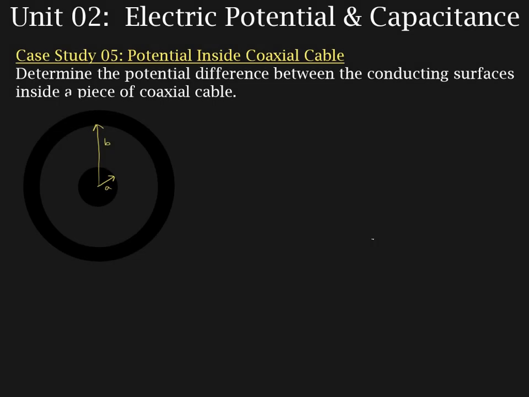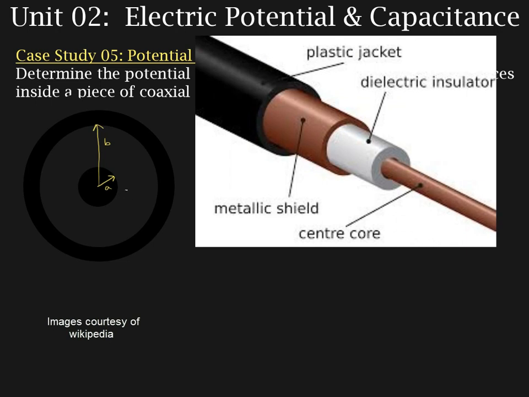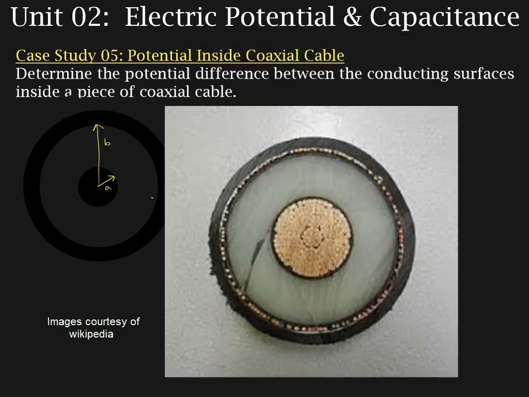Okay, so in this video we're going to calculate the potential difference between the two inner surfaces of a coaxial cable. And coaxial cable is the same stuff that cable television runs on. So hopefully that gives you a visual. And because we're looking at an ideal Gaussian distribution, we can go ahead and use the simpler form of our